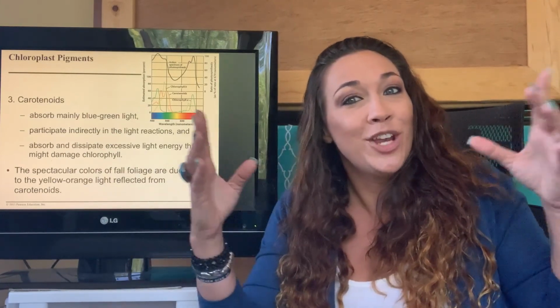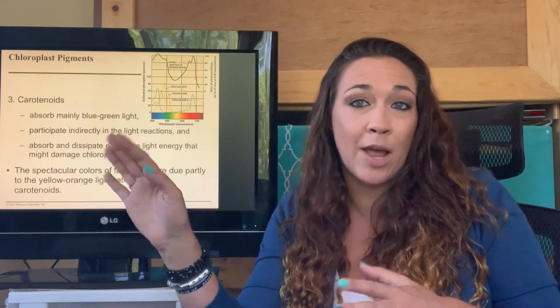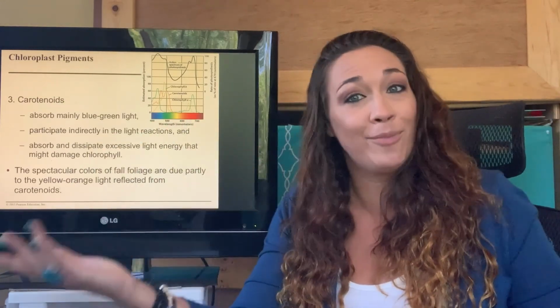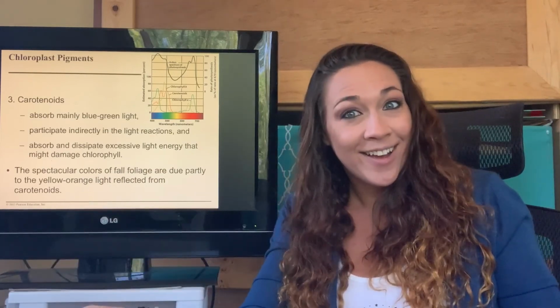This is why your leaves change color in the fall, because in the fall you've stored all your chlorophyll for the summertime, and all you have left in the leaves is these carotenes, which are going to give you that nice, big, beautiful autumn color, which is why the leaves change in the fall, because they're basically all just carotenes. That's pretty cool.